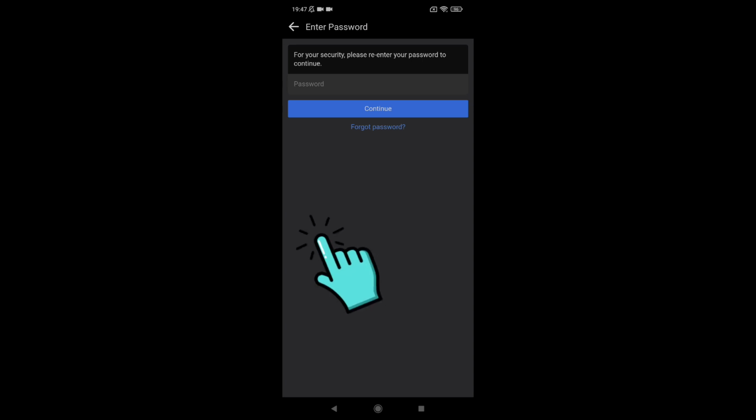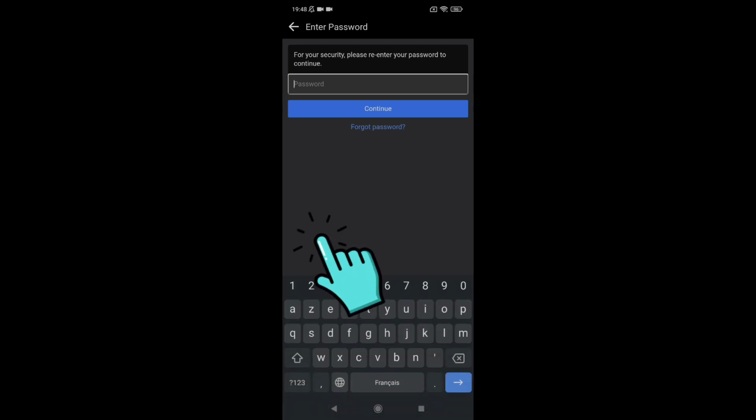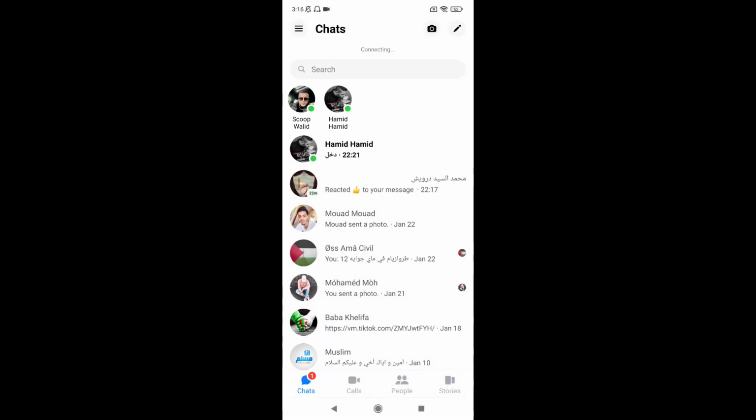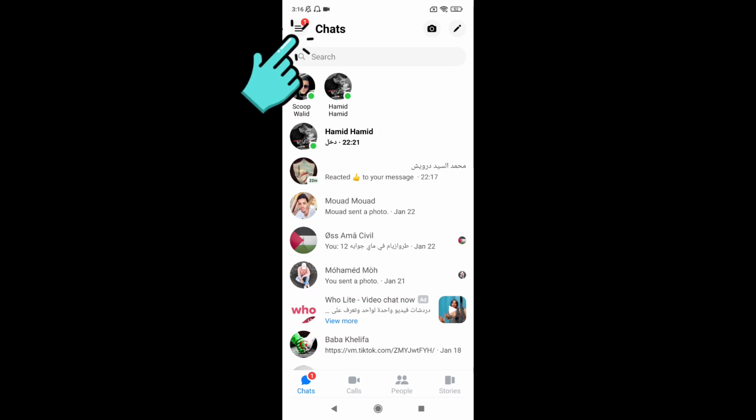It is going to ask you, do you want to disable your account permanently, and on all of these options, and now from over here simply open up your Messenger application. And then once you open up your Messenger application, you are going to see these particular options, and from